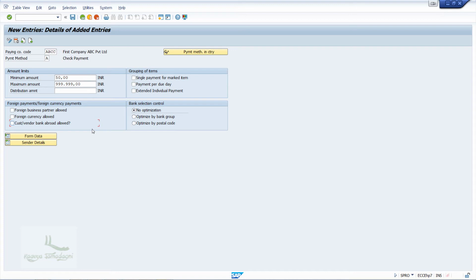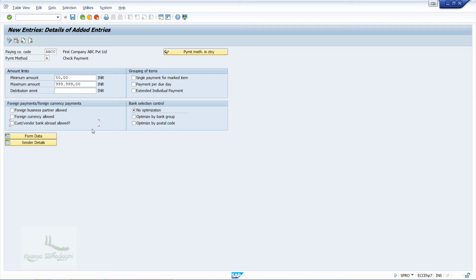In such cases, to enable or disable the payment, we make the settings here. In our learning activity, we do not need these things, so I leave it blank. You can make the setting as per your business requirement.